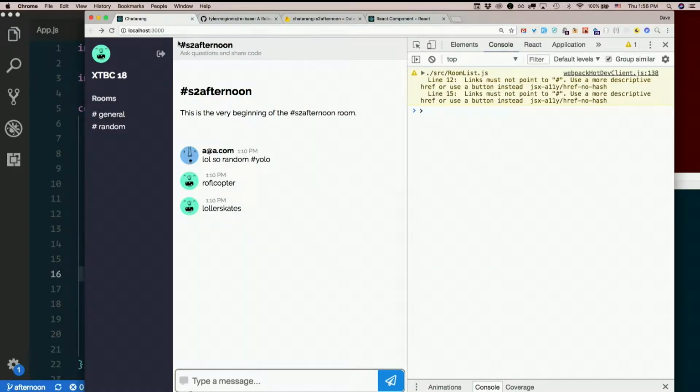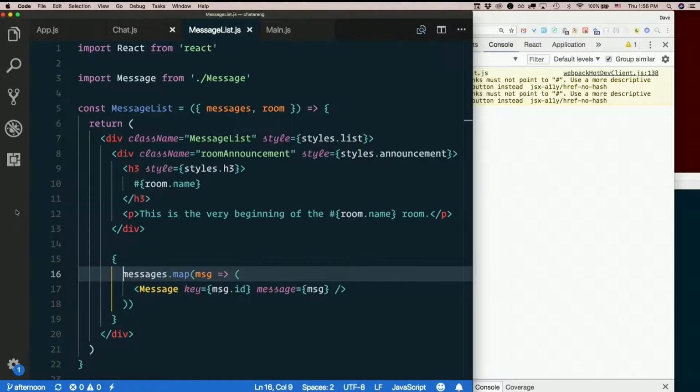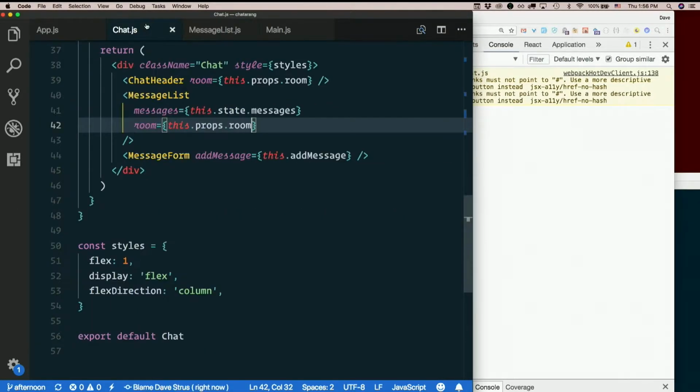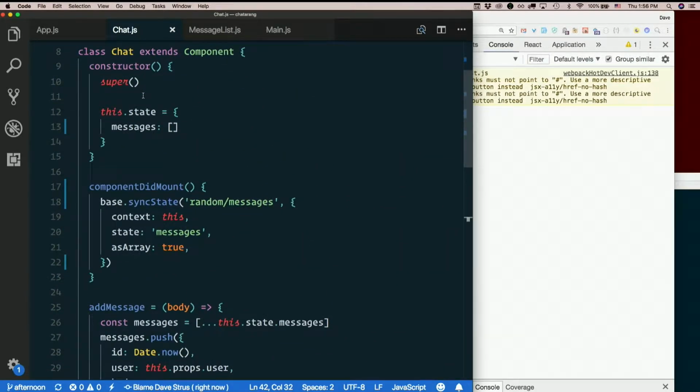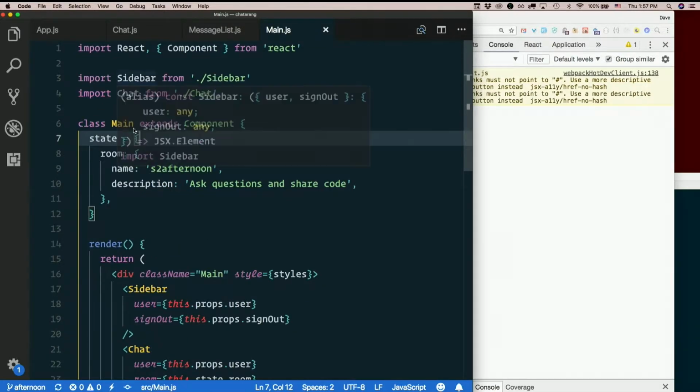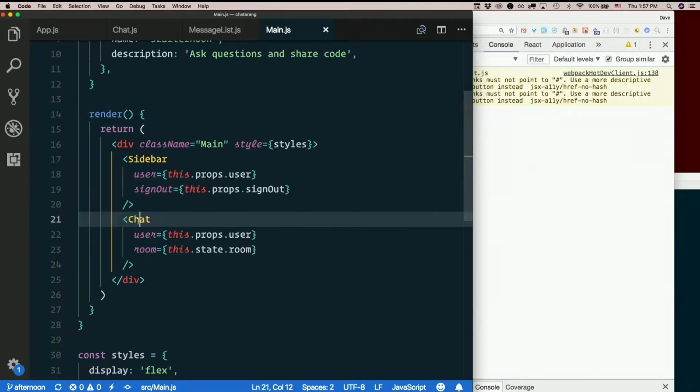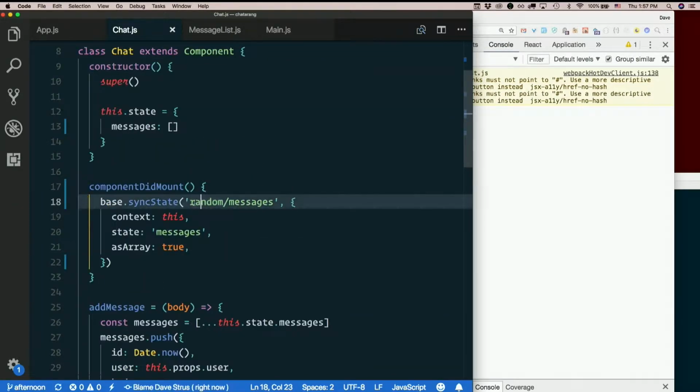So now this is actually coming from state on the main component being passed down through props. So we want to be able to change that and have it actually change the endpoint that we're syncing with in the chat component. So we want this to pull from state as well. So are we passing that down yet? So in main, here's chat. Yeah, we're passing down the room to chat already. So inside chat, which is also a class, seems like,